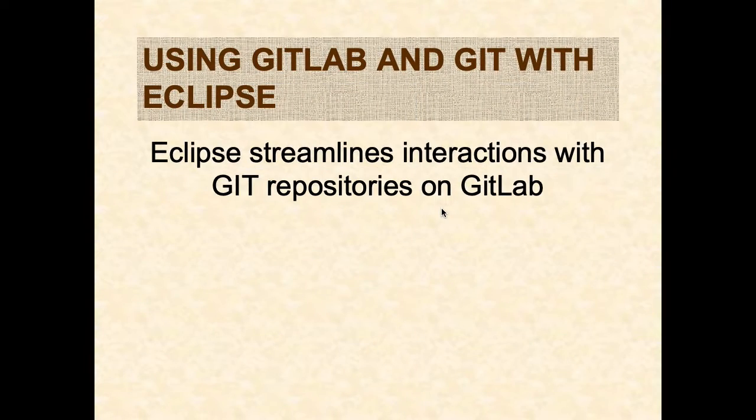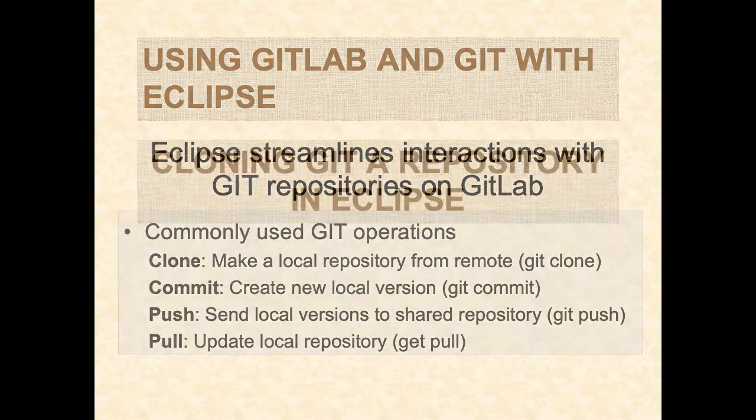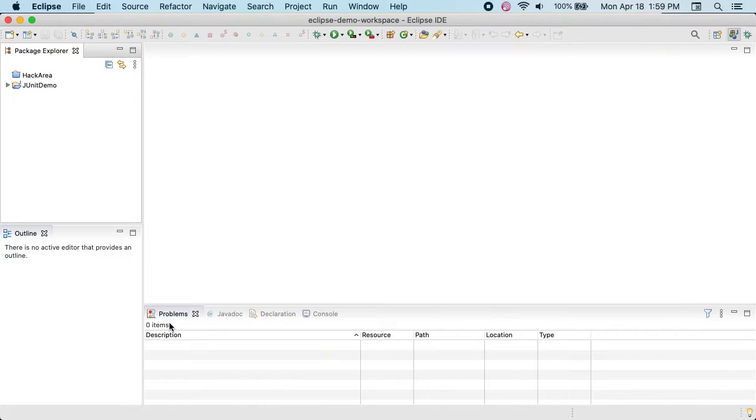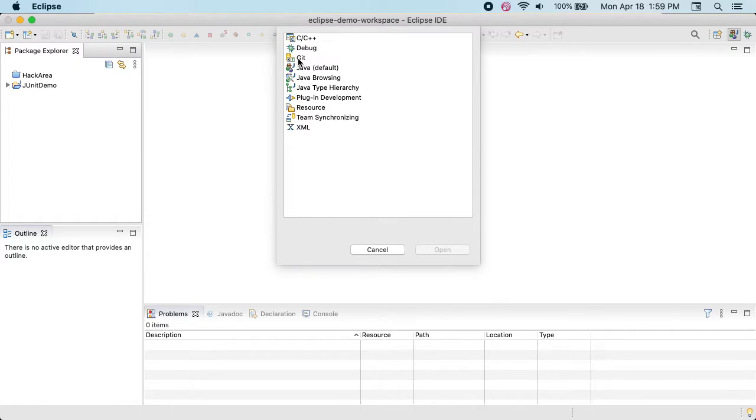All right, now that we have created a project, let's see how we can access and work with this Git project in Eclipse. Specifically, we're going to look at how to clone, commit, push, and pull data in Eclipse. Let's start, of course, with cloning the Git repository that we just created. So I'm going to switch over to Eclipse. In Eclipse, in order to access the Git repository functions,